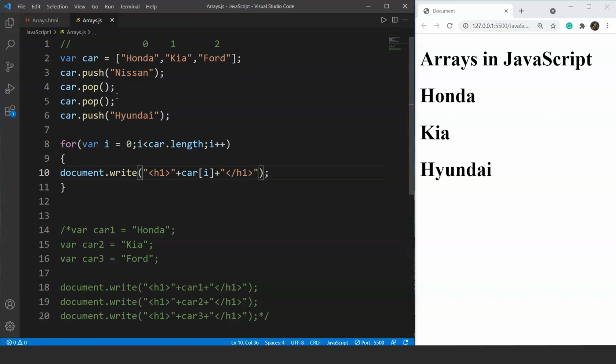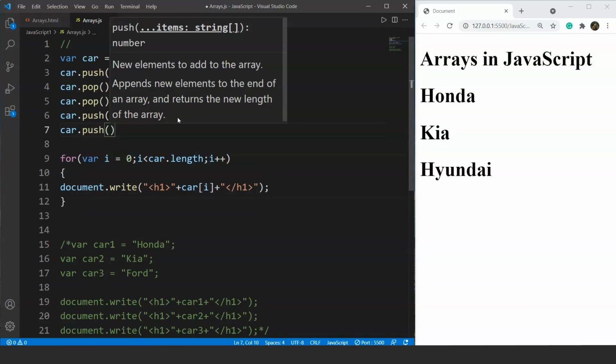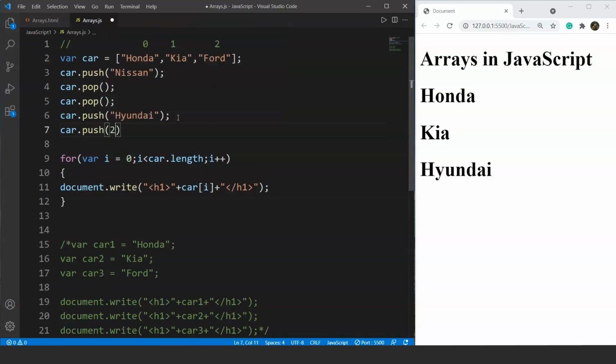The other main difference arrays have in JavaScript, which makes them different from C++ or Java, is that we can add elements with other data types in JavaScript. Let's try to use the push method to insert a numeric value in this cars array. So we will push another value, car.push, and this time we will push a numeric value, let's say 20. Let's save it, and here you can see the value 20 is inserted inside the array car. So we can use any data type inside an array in JavaScript.